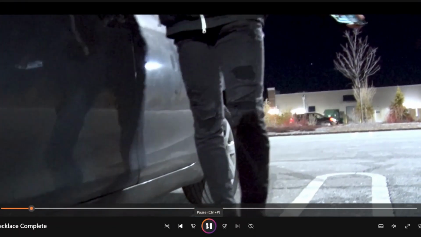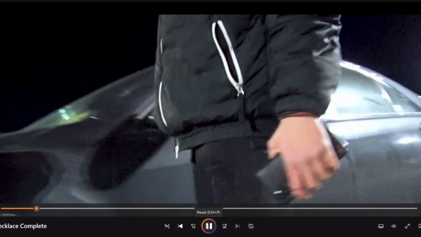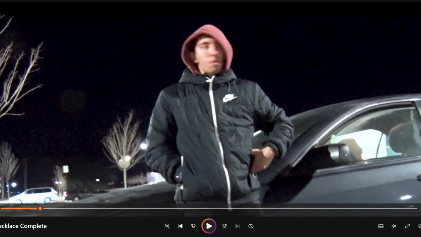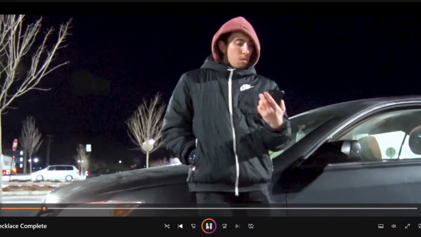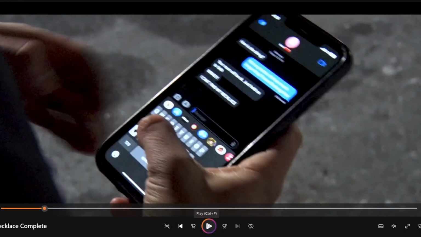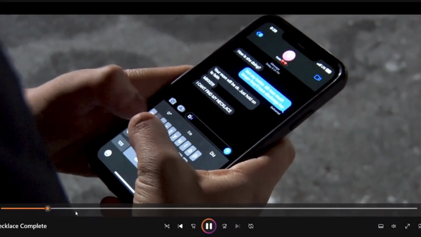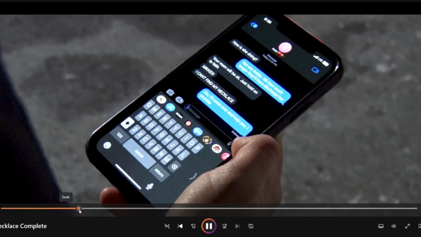So now we pedestal up into a cowboy or a knee shot, and we see the subject more. And his eyes become an index vector because, as you see, he looks down and then it sets up the next shot, which cuts to a close-up of what the subject is looking at, which happens to be his phone. So our next shot, let's skip this, is a